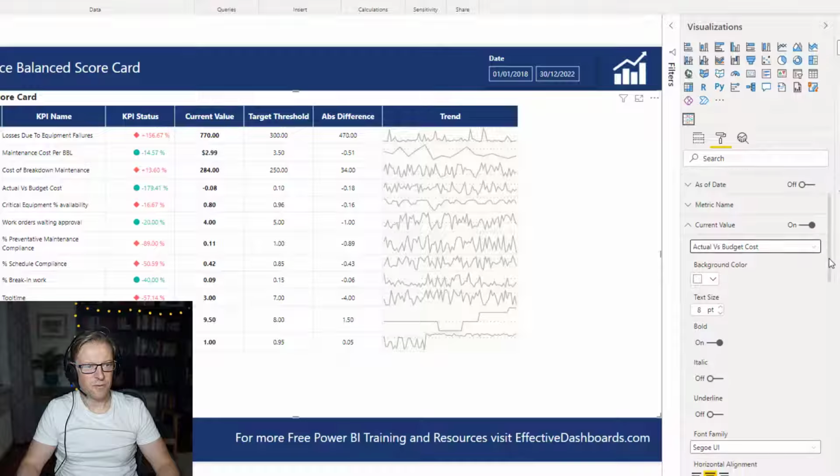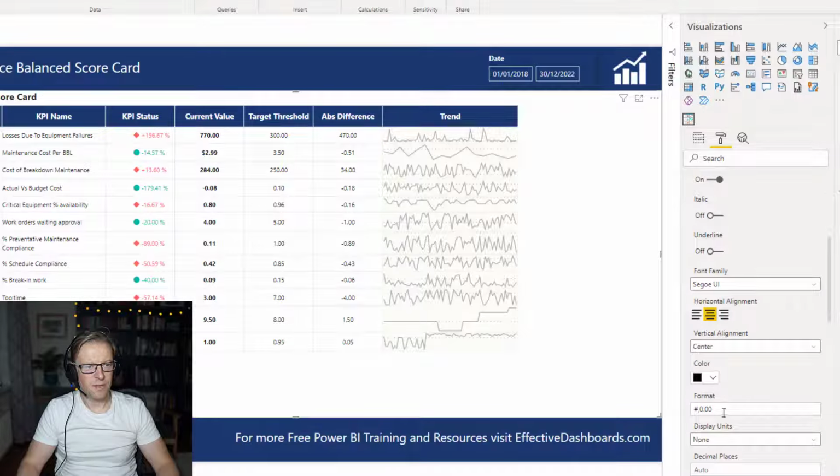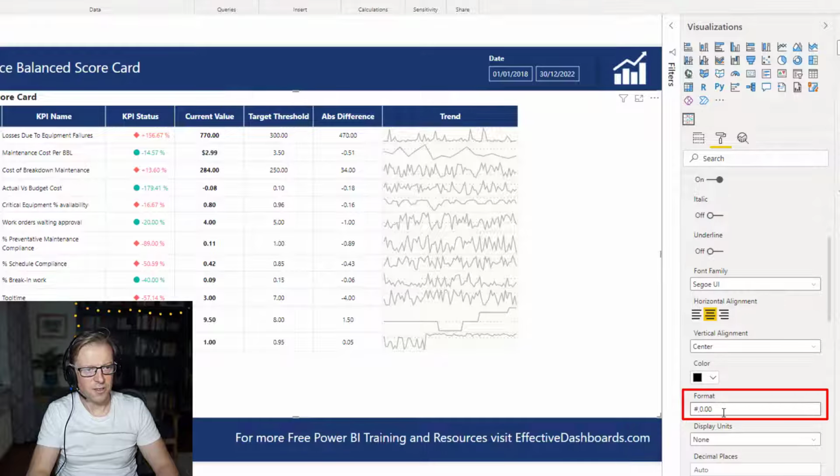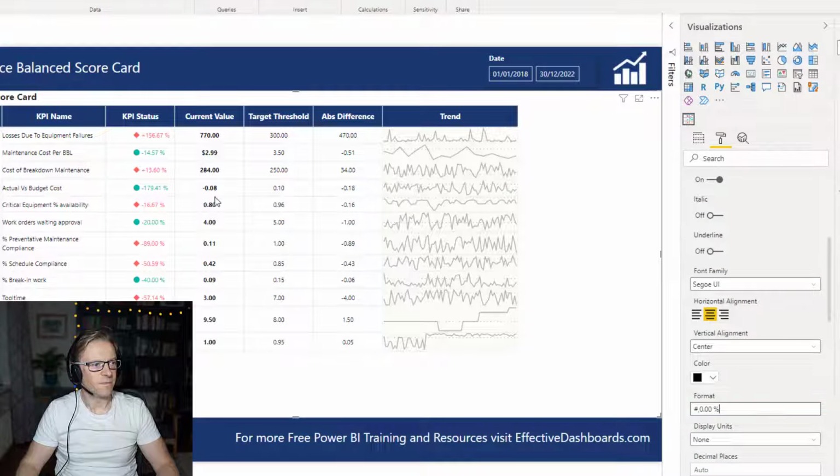So let's scroll down, and in here I'm going to put a percentage at the end. And we can see it's converted that into a percentage, and it's got 2 decimal places. Okay, so I'm going to do the same for each one of these in the current value and in the threshold value, and then we're going to go and have a quick talk about